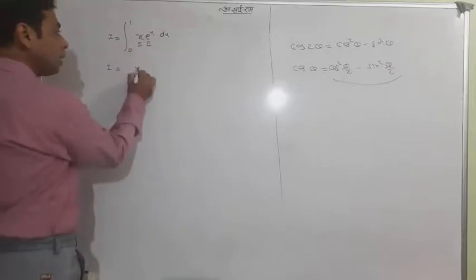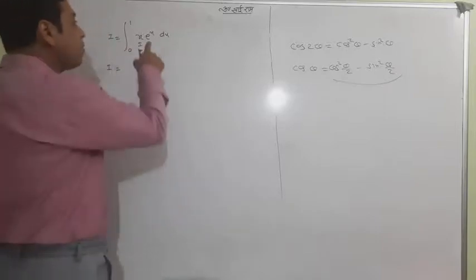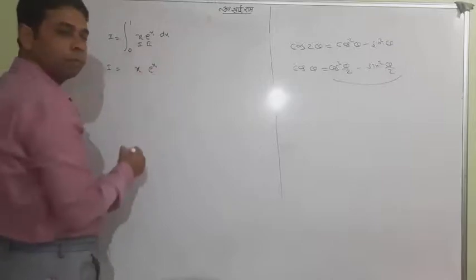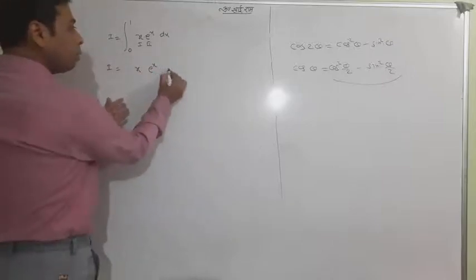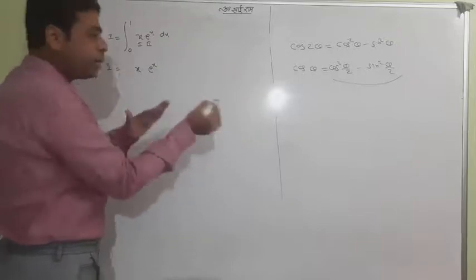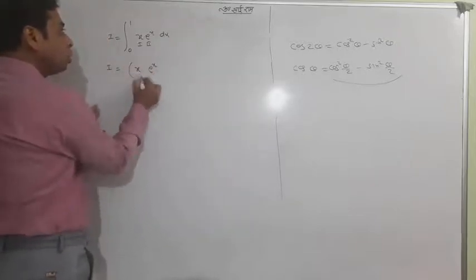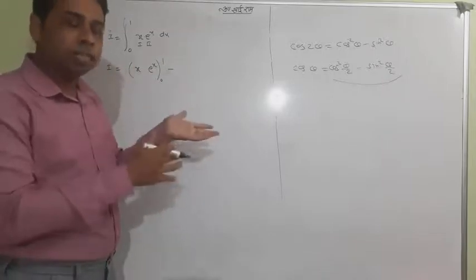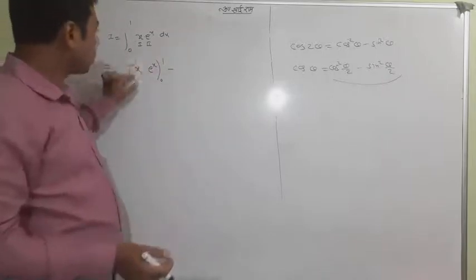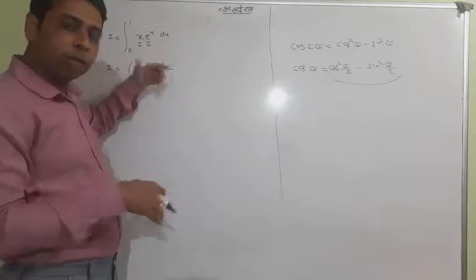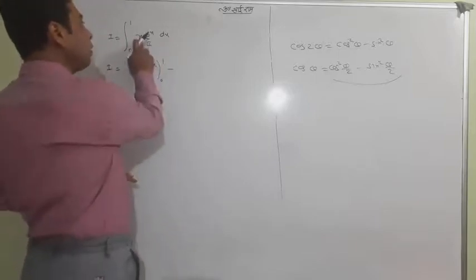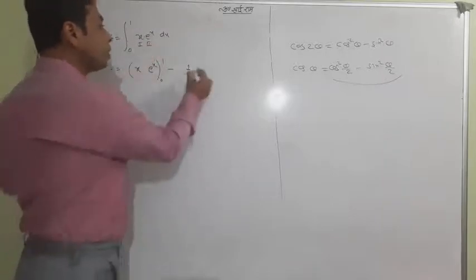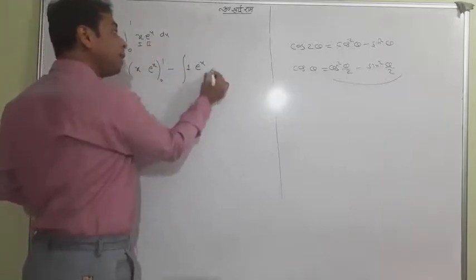First function same. Integration of second is e to the power x, having integration same. You have done it. Now what you write, minus and so on. But before it, because it has been done, use a limit. Because it has been done. Now first function, integration of second is same, using limit, minus differentiation of x is 1. Integration of e to the power x is same and have again integration.